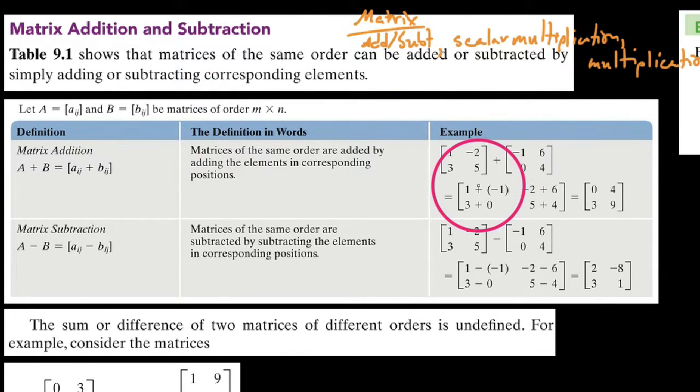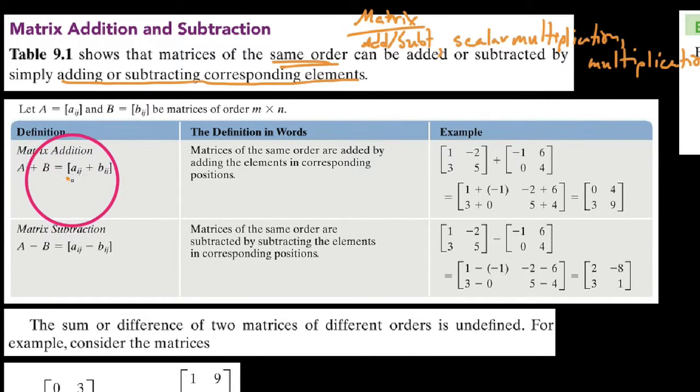So you can see that this table here shows that matrices of the same order can be added or subtracted by simply adding or subtracting corresponding elements. When it comes to adding or subtracting matrices, it's a pretty straightforward thing, because we would just say that if A is some matrix full of all these little a_ij's, and B is some matrix full of all these little b_ij's in the ith row, jth column, and they're both of m by n order, so they have to have the same order,